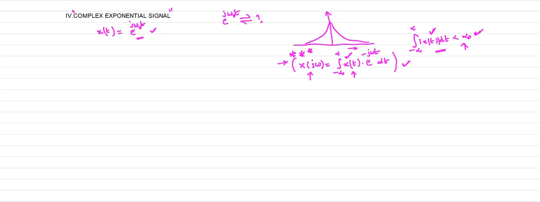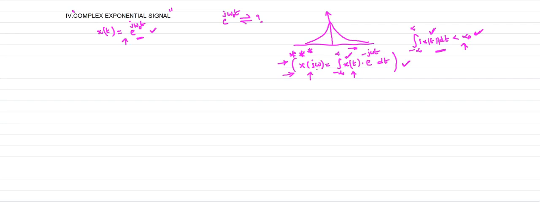So if the signal is not converged, it is not absolutely integrable. If it is not absolutely integrable, we cannot find out the Fourier transform of such type of signals using this formula. If we want to use this formula, the signal must be a converged signal, or the signal must be an absolutely integrable signal. That is the third condition of Dirichlet. Dirichlet's third condition is what? If we want to use this formula, the signal must be absolutely integrable. Otherwise we cannot use this formula. Otherwise we cannot calculate the Fourier transform.